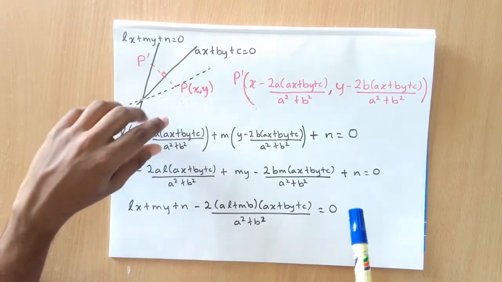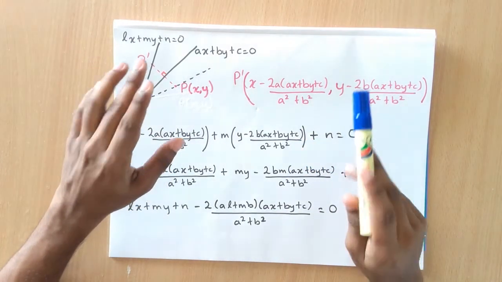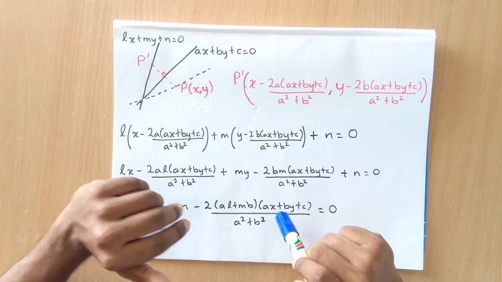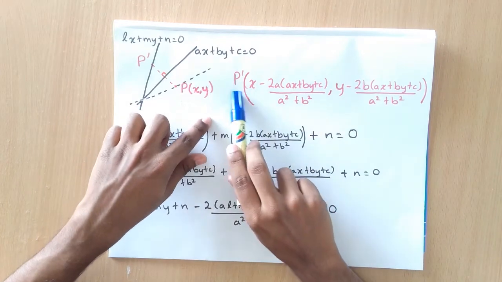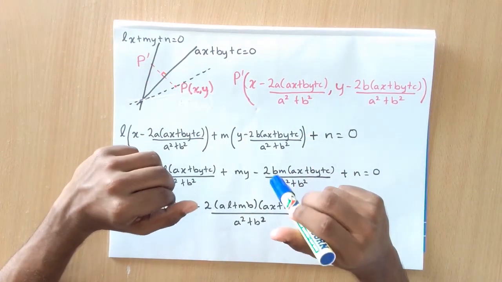You cannot directly use this equation in your exams. You need to first prove this formula and then use it. Before that, you will also have to prove the coordinates of the mirror image of a point since you are also using it here. Let's try an example.